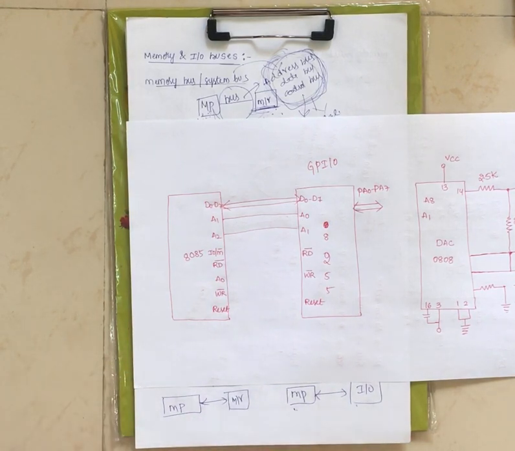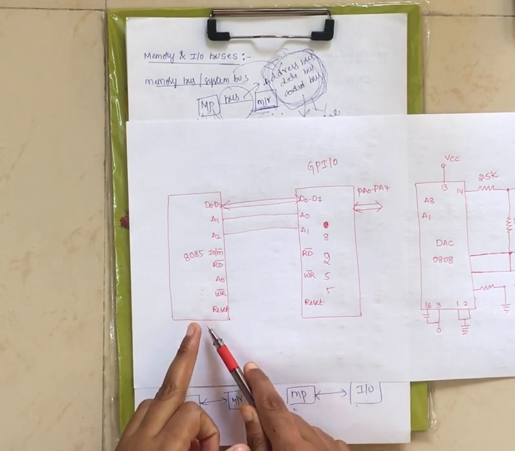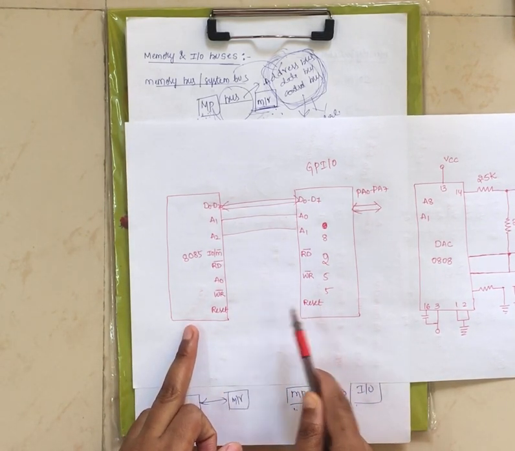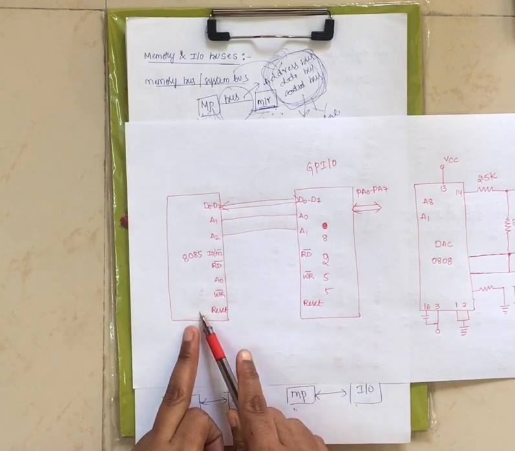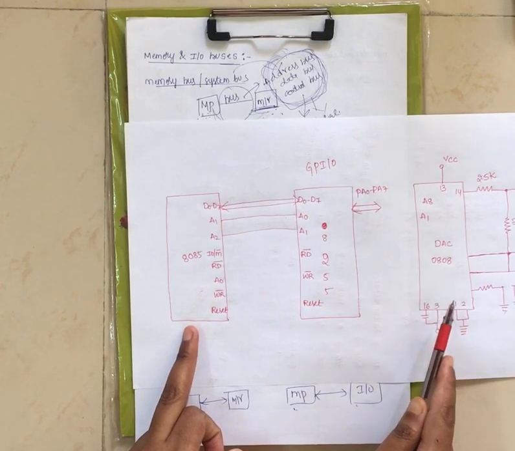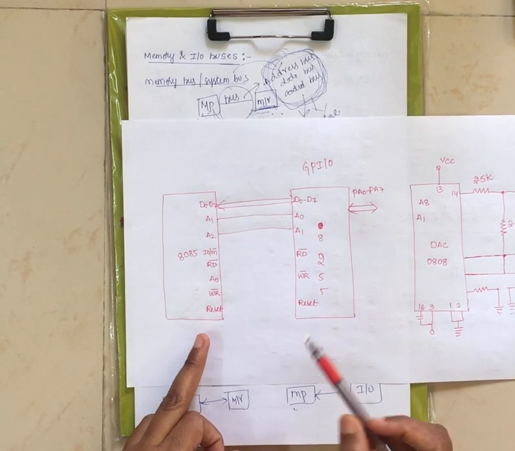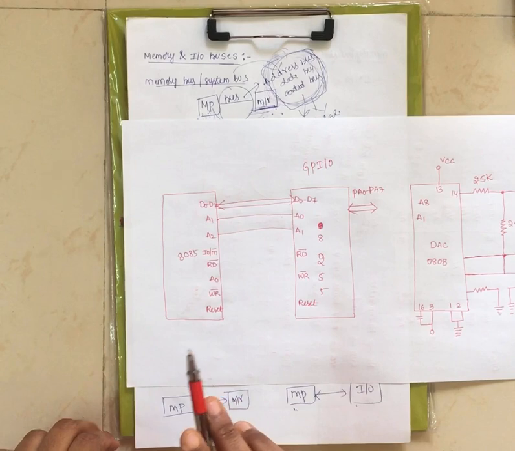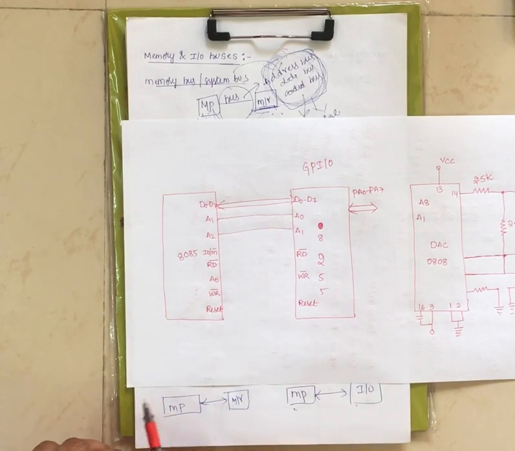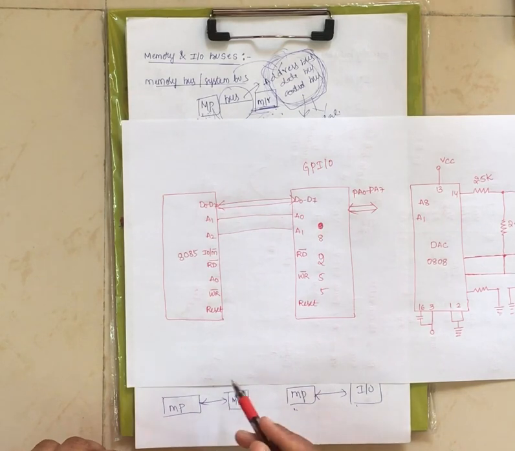Now here you may get a doubt whether we have to interface 8085 with the general purpose IO under IO mapped IO or memory mapped IO. What is this device which you are interfacing? First, you are interfacing 8085 with 8255, which acts as a medium between your 8085 and the external peripheral device, which is your IO device. That's why you have to interface 8085 with 8255 under IO mapped IO. Why can't we interface under memory mapped IO?